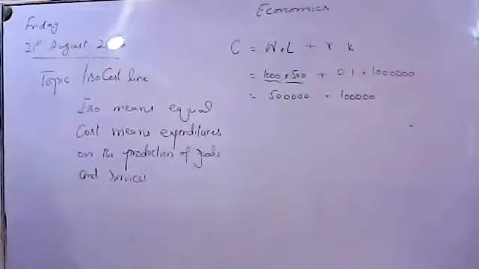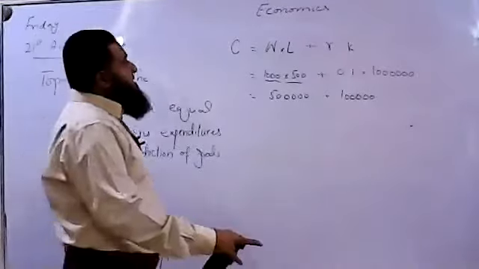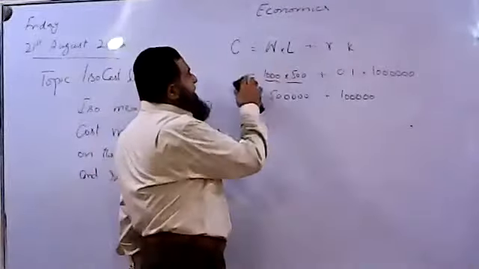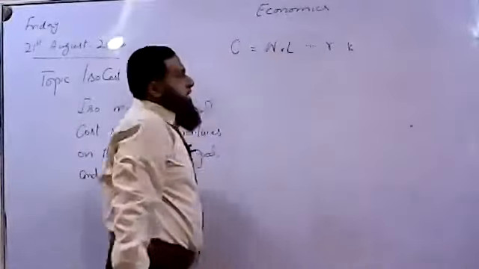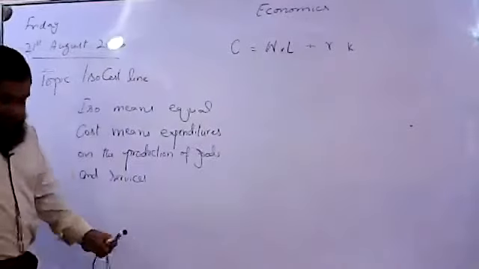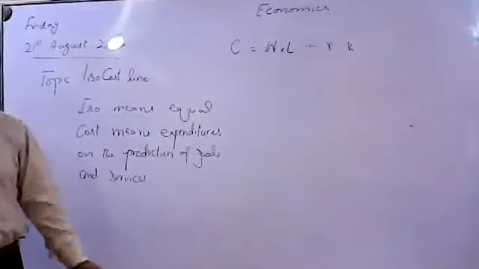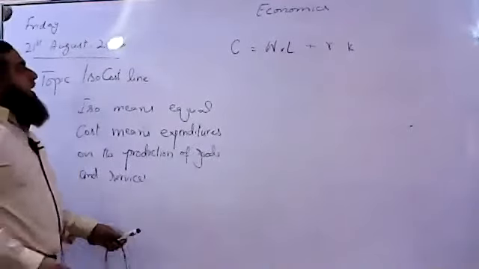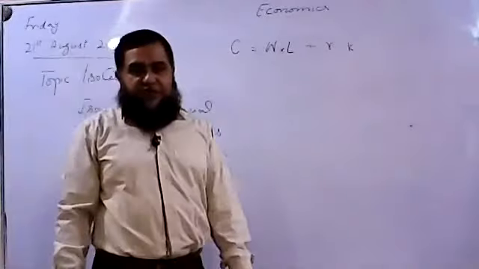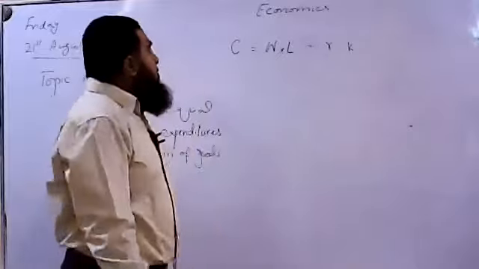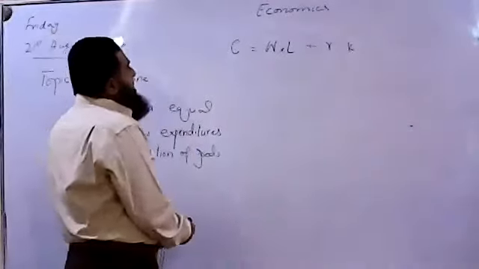We are not talking about how much rent is paid to the landowner. We are taking into consideration only labor and capital. Now come towards how to derive an isocost line from this equation. Remember, we had also derived the budget line from the budget equation of the consumer. On the same line, we will be deriving the cost line.